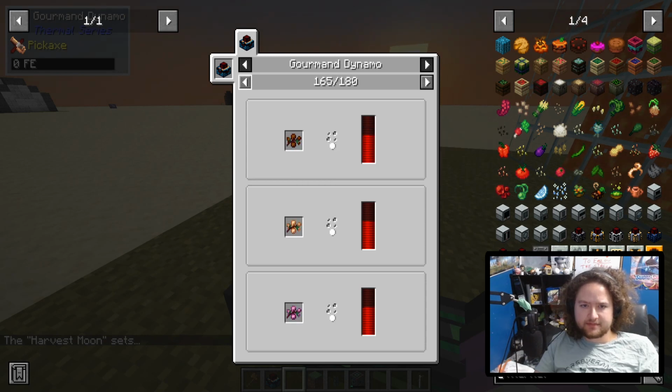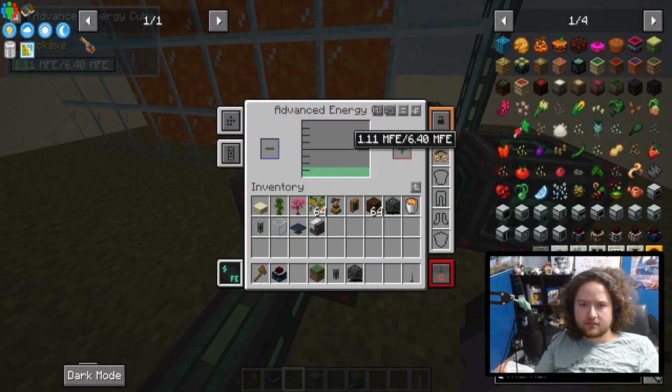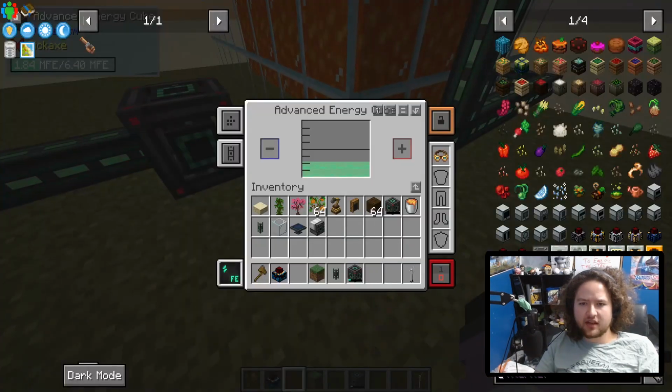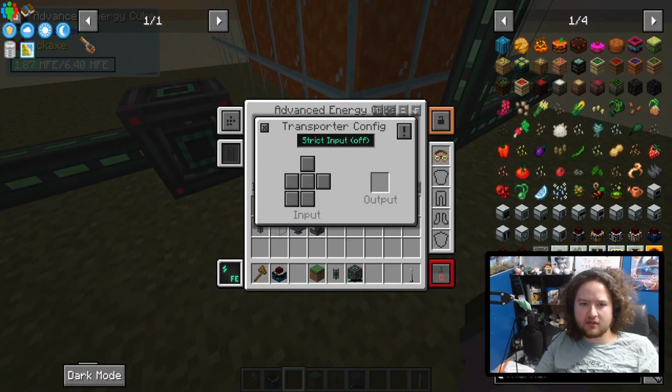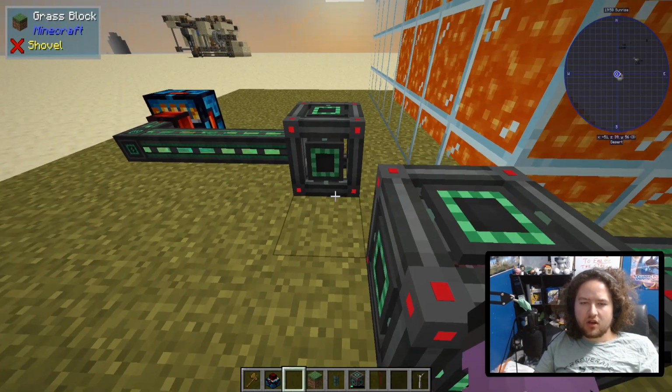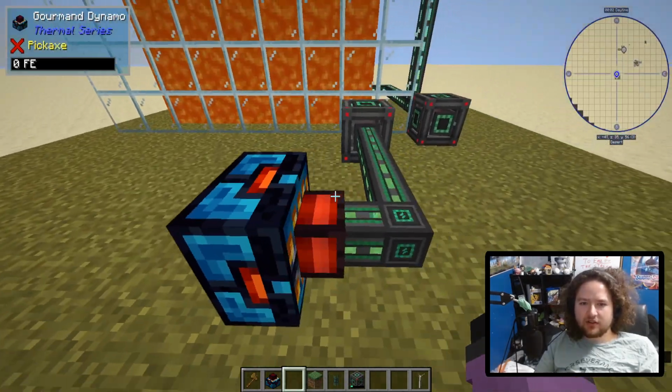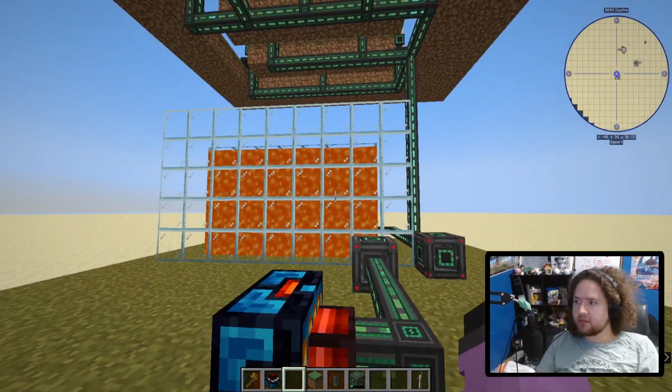Holy fuck. That was a huge jump. Are they connected in some way? Do they do that? No, they don't. Whoa. Okay. So yeah, that's what I want to do, ultimately, is have these Gourmand Dynamos, because